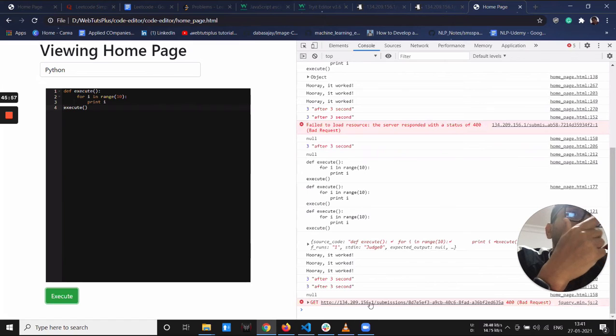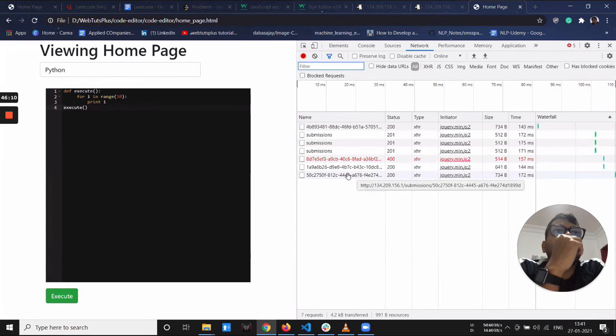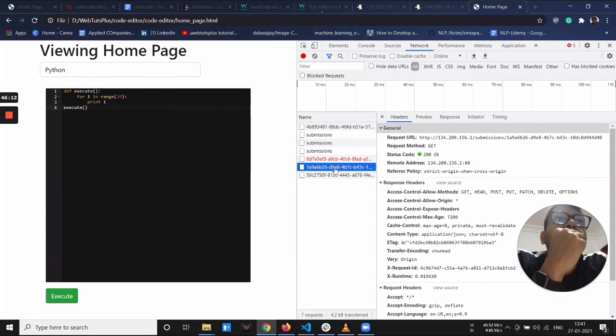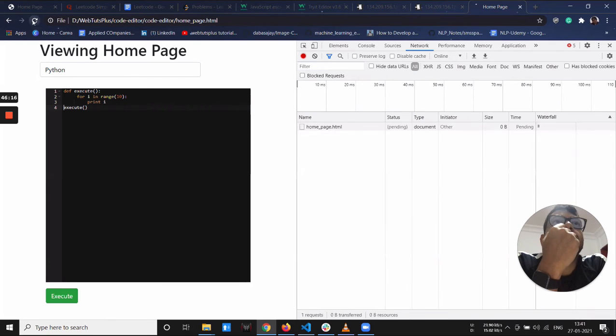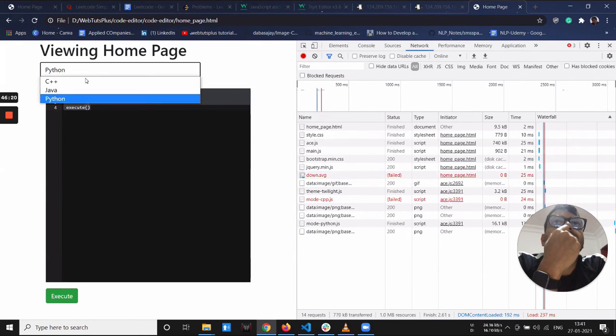The Java is not working. Maybe you did. Yeah. Now let's try. It is showing a 200 response. Okay, so it's working. Let's close the console. And also test C++. C++ working. Okay.